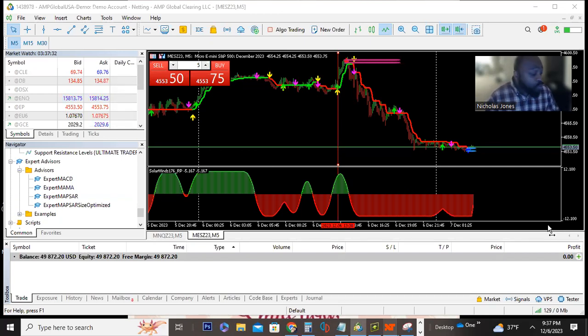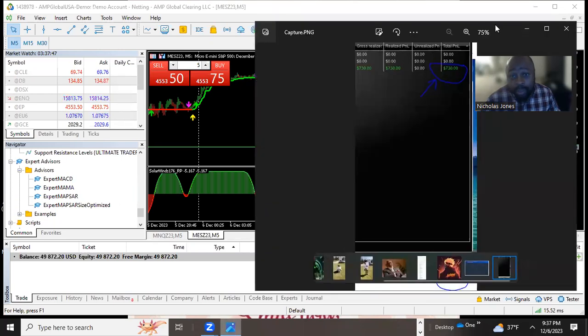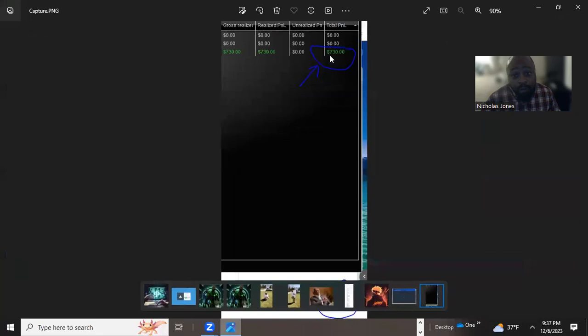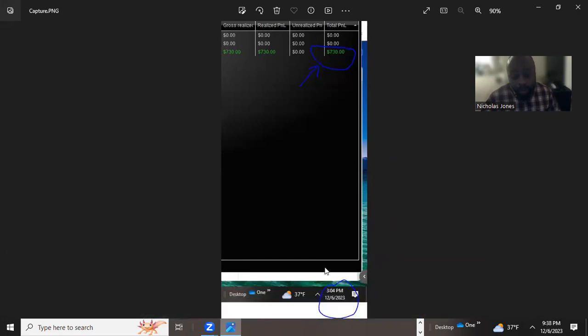I want to show you the easiest way to trade. We're not going to overcomplicate anything. I'm going to show you the easiest way to trade to make profits like this on a daily, or frequent, basis. You can see here, this is a screenshot from today of my profit and loss. Today I had a profit of $730. You can see I have it circled down here. I took this screenshot at 3:04 p.m. today,